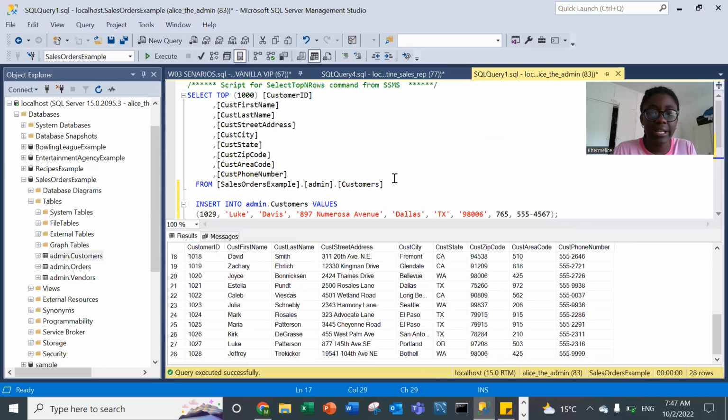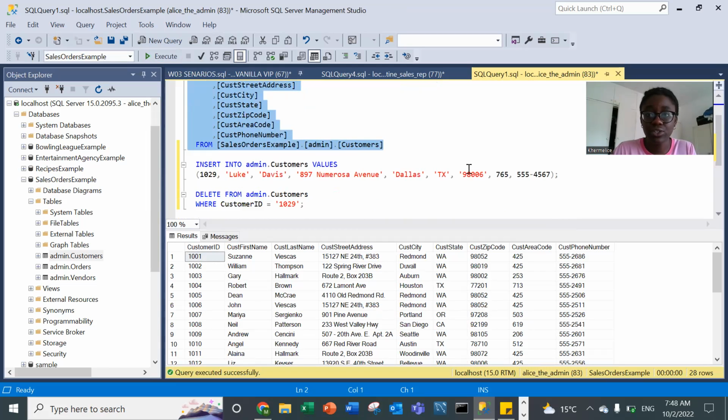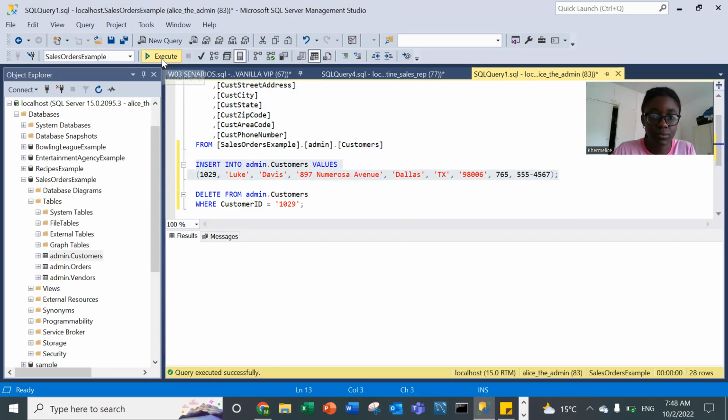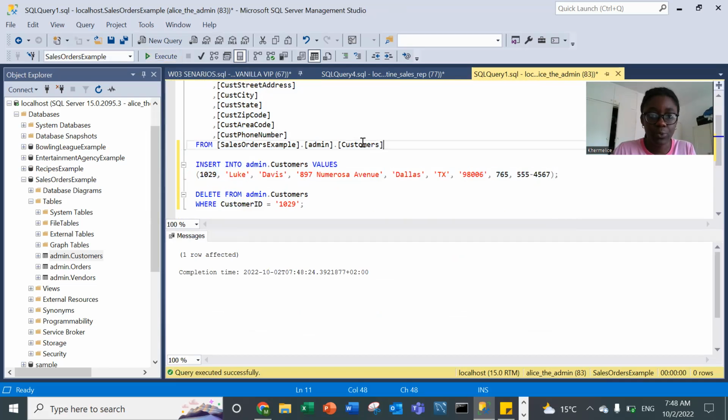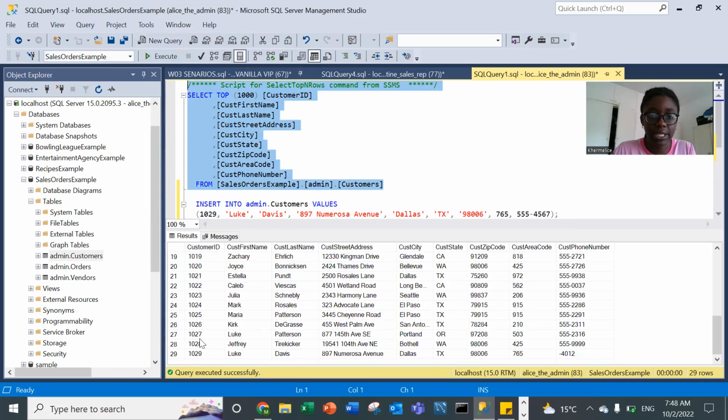All right. So Alice is able to select. So if we just select all of that, execute, she's able to select from the customers table. And since she also has the insert permission, let's say she needs to insert the new customer information. So if I just run the statement that basically inserts into the customer those specific values there, so effective on row, and we go back, execute that,